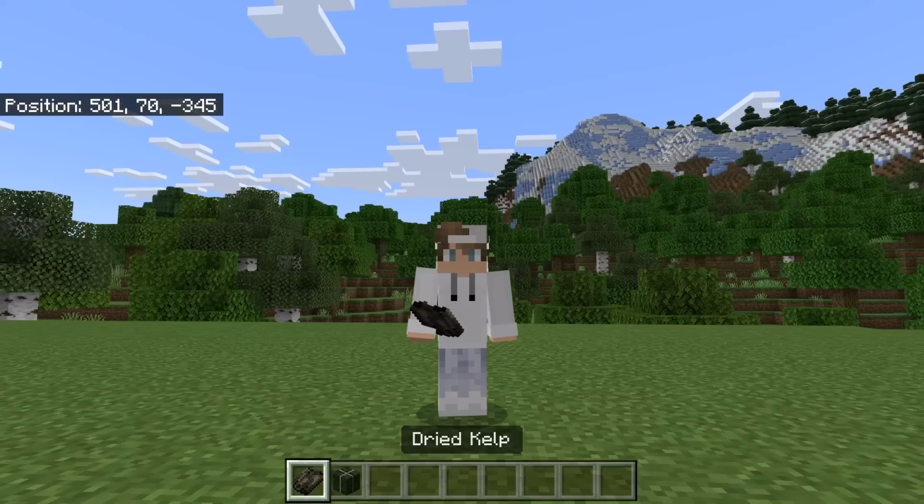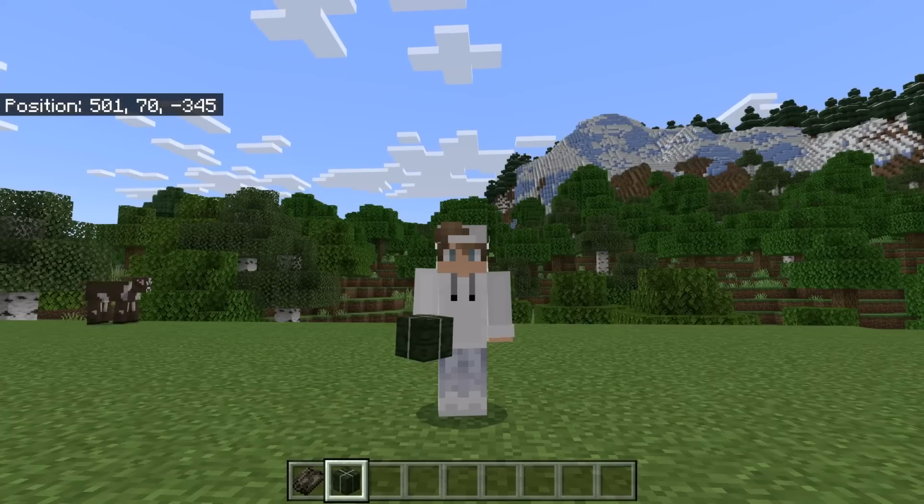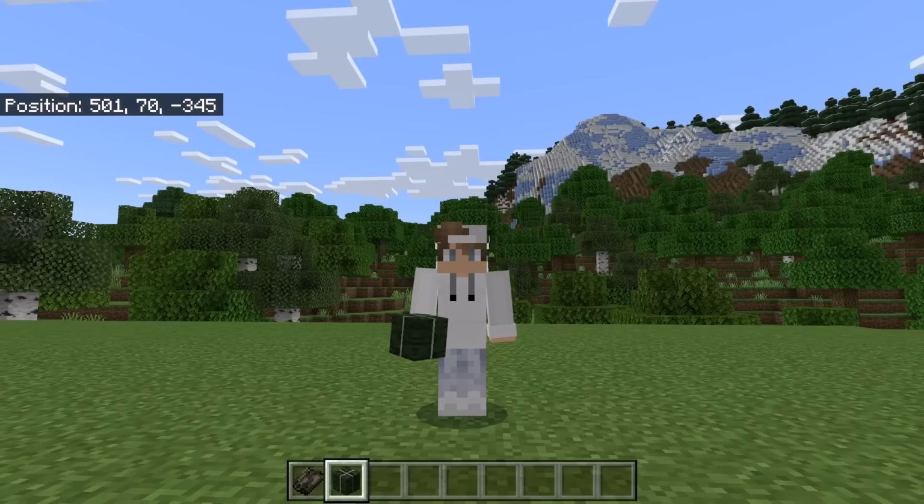Dried kelp can be used as food or used to make dried kelp blocks. Dried kelp blocks can be used to fuel furnaces, blast furnaces, or smokers. By the way, dried kelp blocks are a lot better fuel source than coal because each dried kelp block can